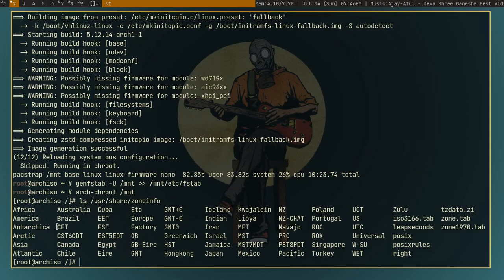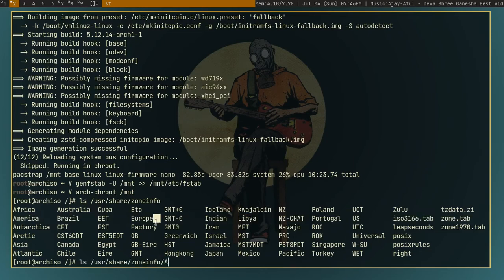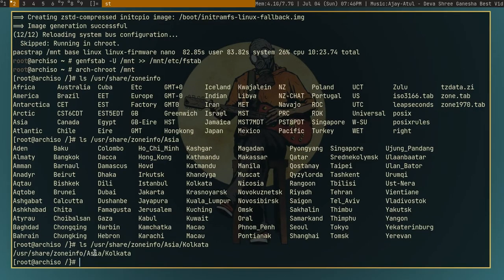I live in Asia, so /Asia. Now I'll look for my nearest city. I know that it is Calcutta or Kolkata because I'm in India. Kolkata. Yeah, so this is my time zone.